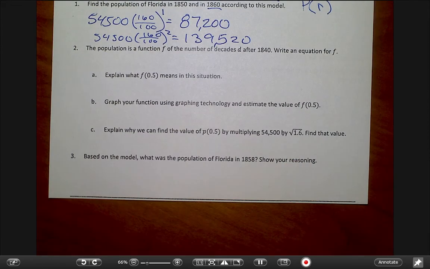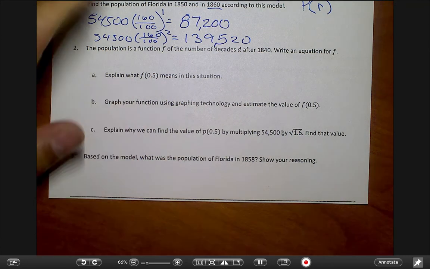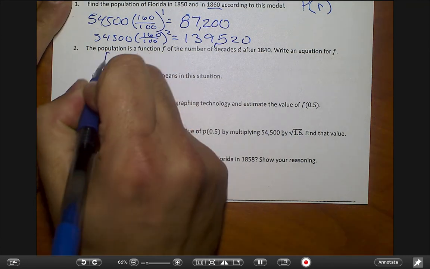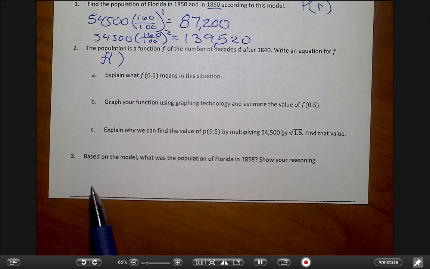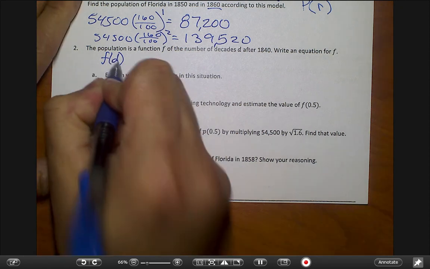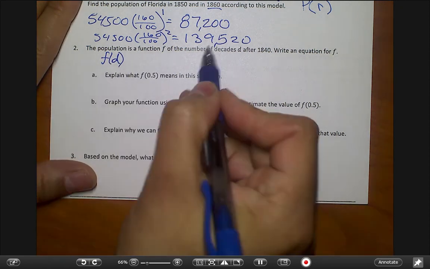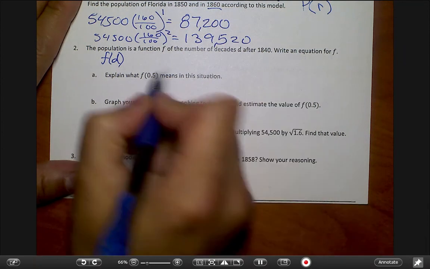Okay, right here it says population. So the population is a function f of the number of decades, d. So we're going to use d for this one. After 1840, write an equation for f. So f of, what's my variable I'm using? D. Very good, because it said use d. Is equal to,